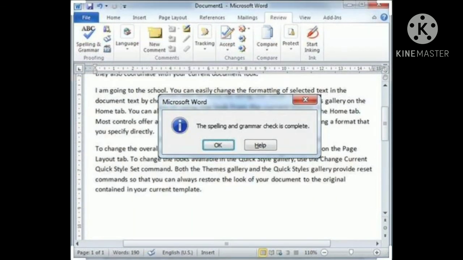After making your selection, the spelling checker will move on to the next flagged word. After checking all the words and spellings, the following message is displayed. Click the OK button and close the Spelling and Grammar dialog box.